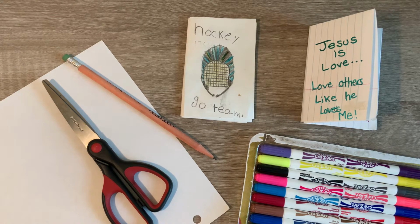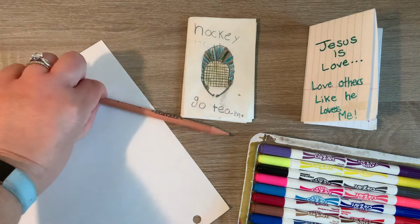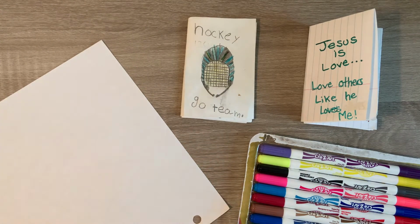Everybody, today we're going to make a mini book. And mini books are quite easy to make once you get the hang of them. A lot of it is folding and one cut. So today you will need a pair of scissors, a pencil, or you can use a pen, that's for your